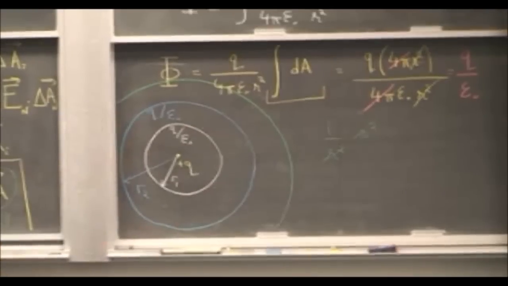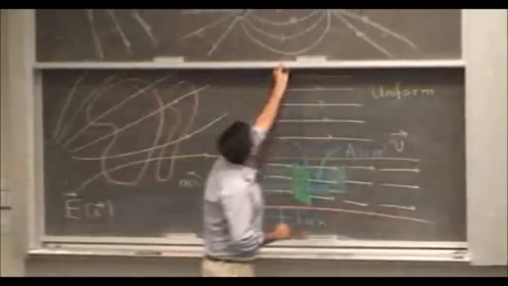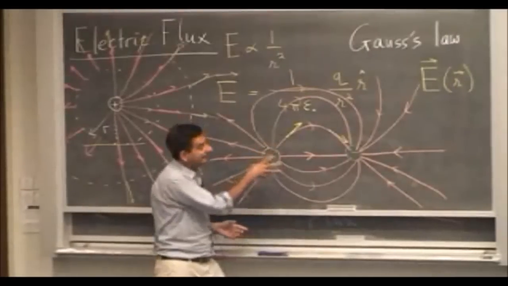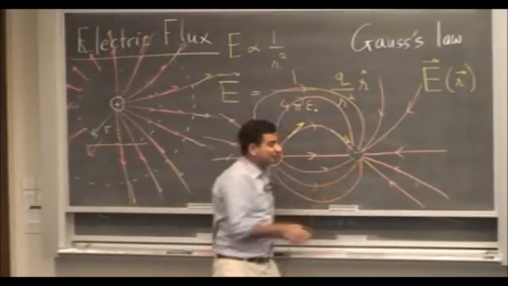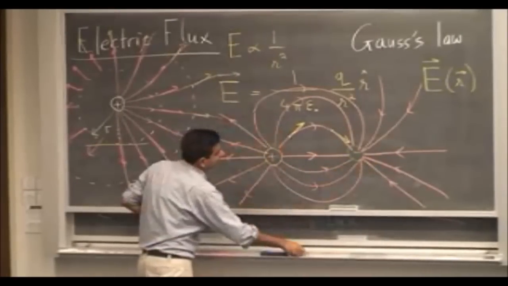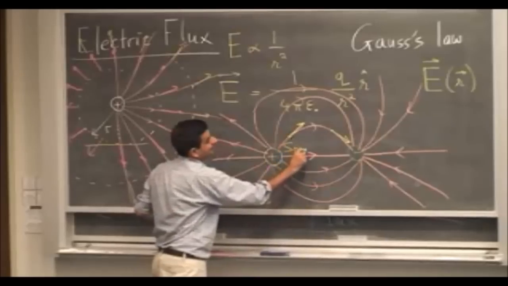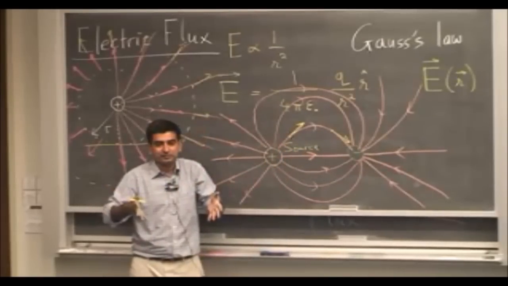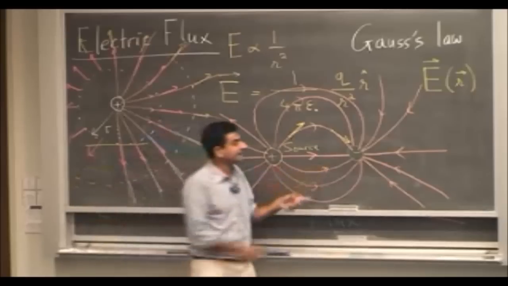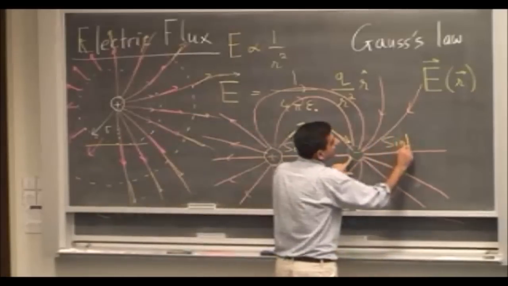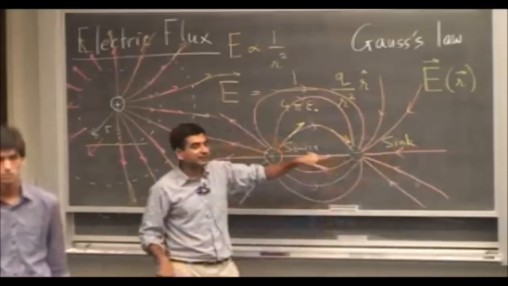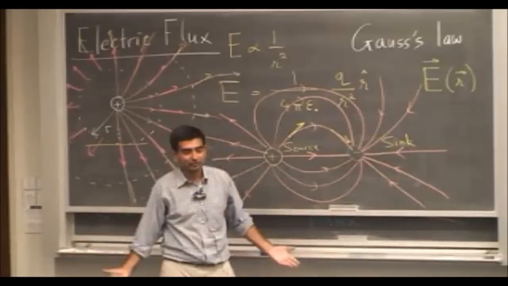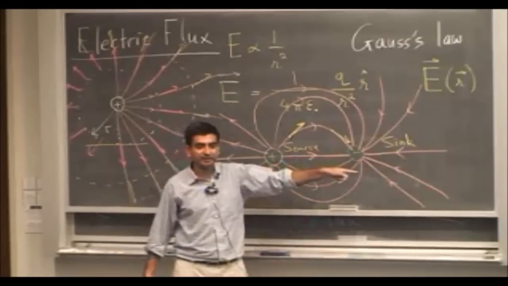If you look at this example that we've drawn here, the electric field lines are starting somewhere and ending somewhere. So this is a source of lines. Electric field lines emanate from the source, they ray out from the source. And this is a sink. Electric field lines just fall into this sink, like water falling into a whirlpool and it disappears. You don't know where the water goes. So this is a source and a sink.